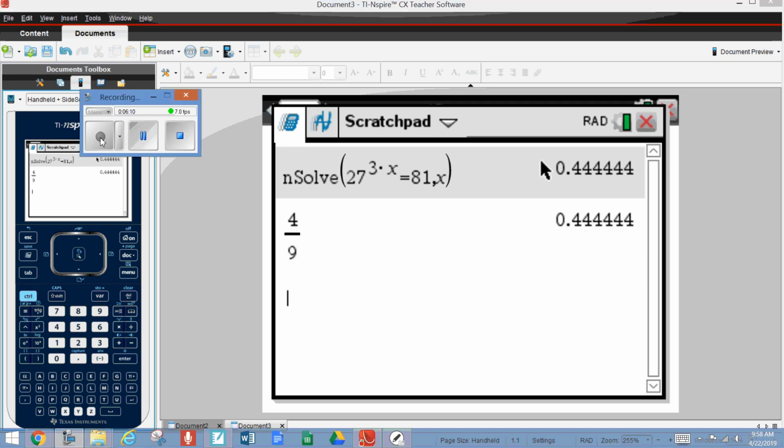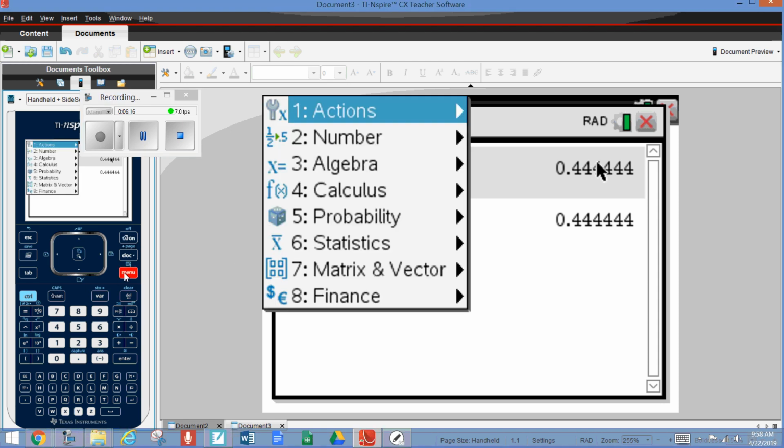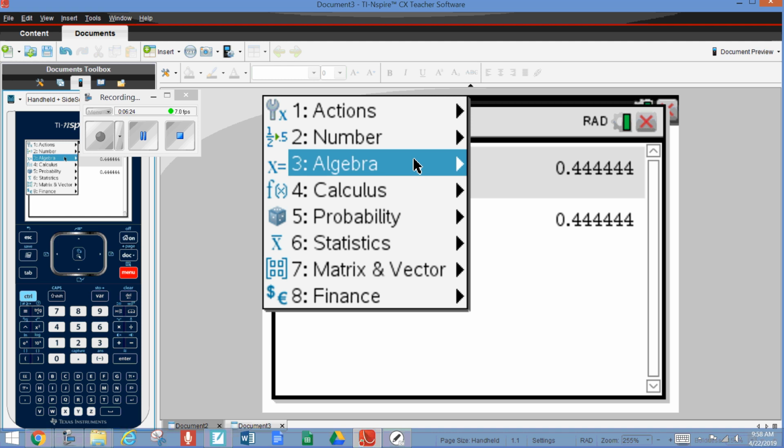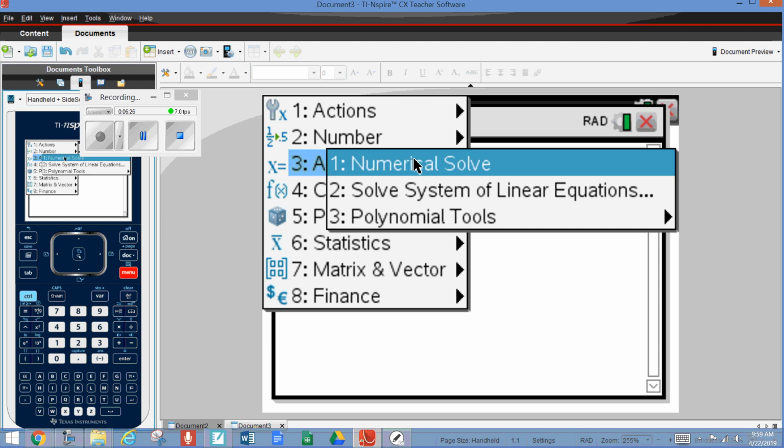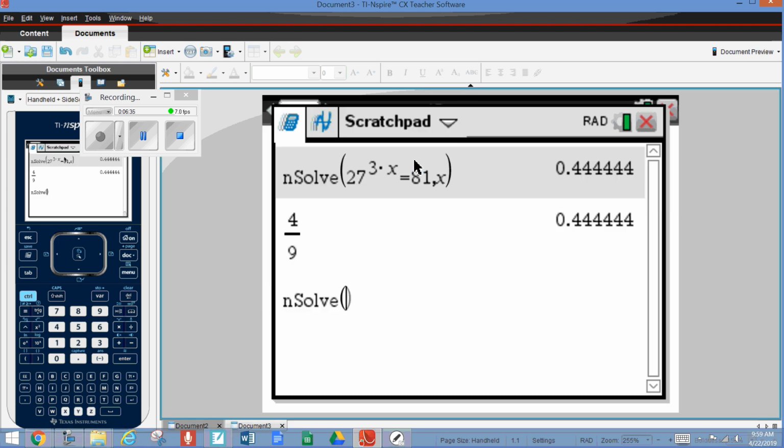Okay? I'm solving the first question. First, go to menu. Are we all on the same page, class? Menu, get your calculator. You're in the calculator section. Menu, algebra, 1, numerical solve. Did you all click that one? Okay, now we're going to type